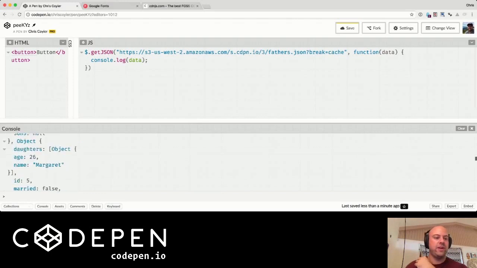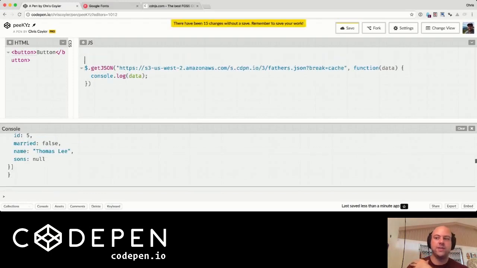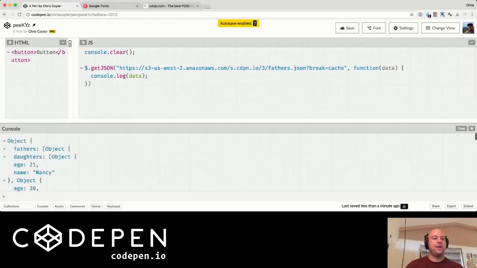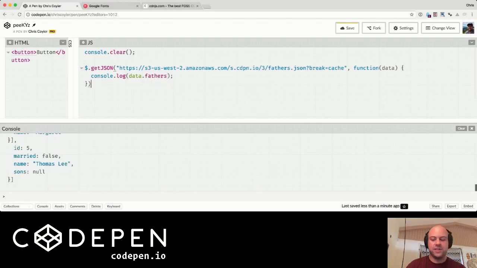So I'm going to put, watch this, console.clear up here and then run this thing. So whenever it runs, I just get one clean copy of the console, and that's it. Okay, so it's returning an object of which there is a fathers thing in there. So we could say data.fathers. Let me just take a look at that. Inside that is an array, I guess. It's another fathers. What's the first father? 0. And it has a name,